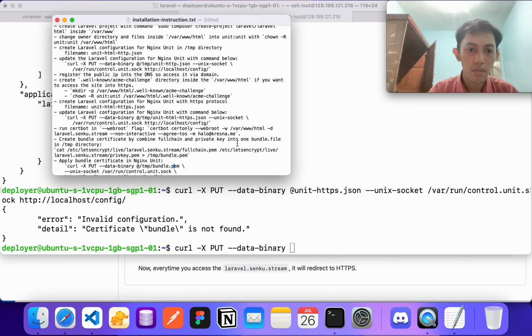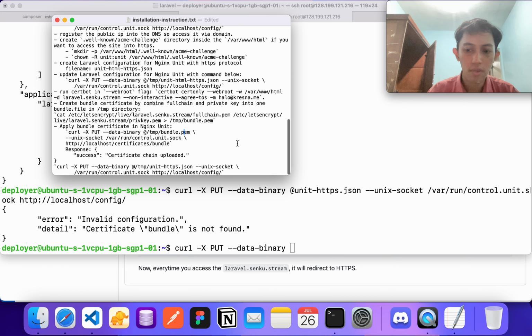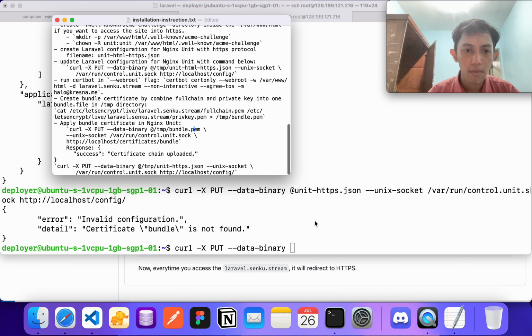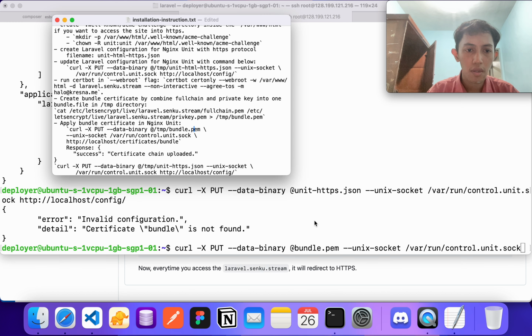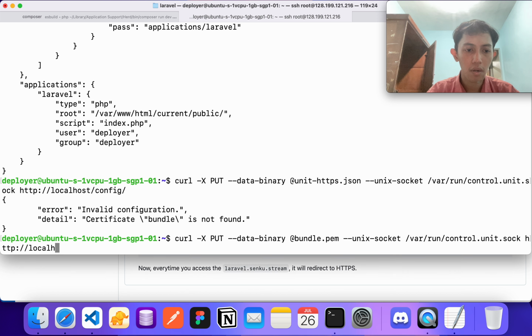I will increase the font so we can see it together. Data binary at bundle.pem, and then unix socket, and then run control unit sock, and then http localhost